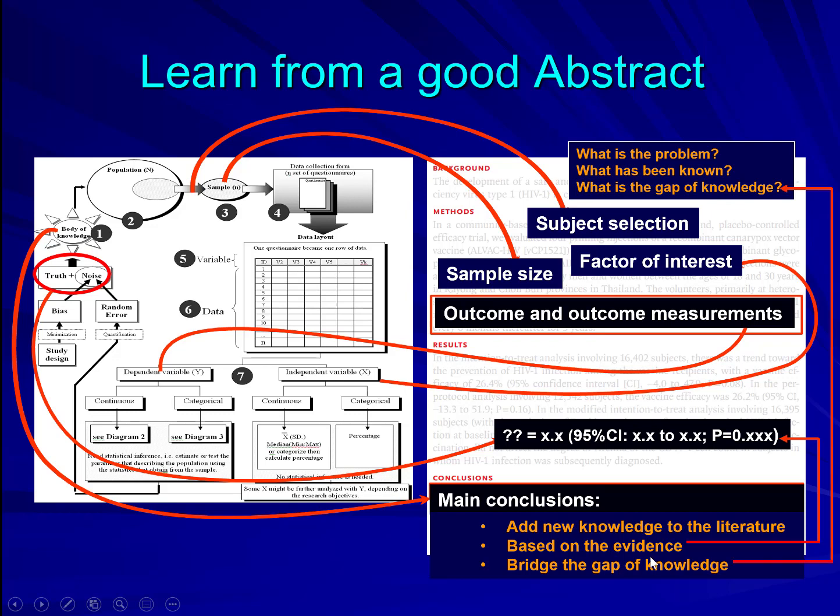And it needs to bridge the gap that was posed at the beginning. So this will look beautiful, just like a sandwich. This is the bread, and in the middle is something delicious, precise and clear. So all this is essential